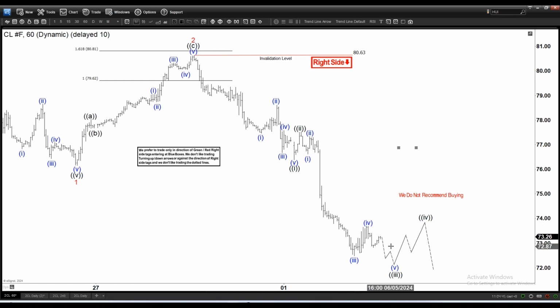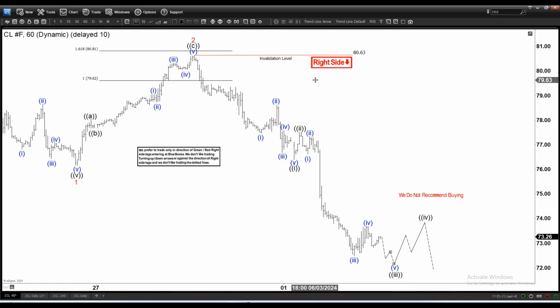Now in the very near term, let's suppose we got a double like this, then this becomes ABC and it will fail again for another leg down. Again, the principle is that we should still see further downside in the shorter cycle. So the principle is that if we see any 3-ish rally from the last low, which is this one at the moment, it will continue to fail,